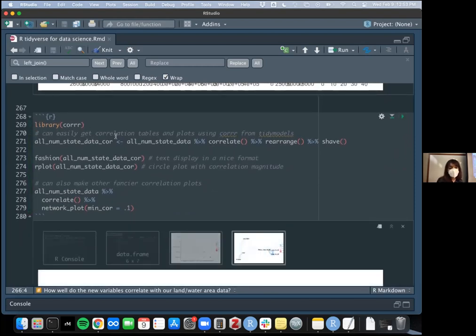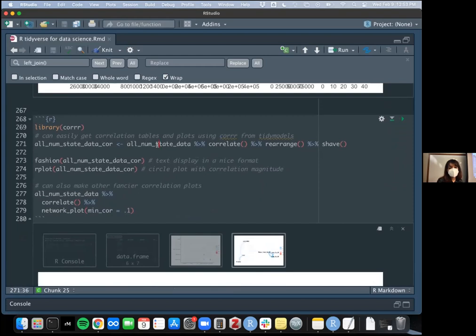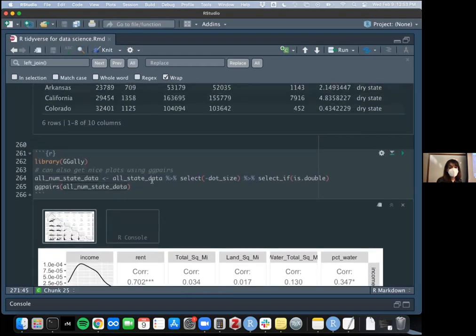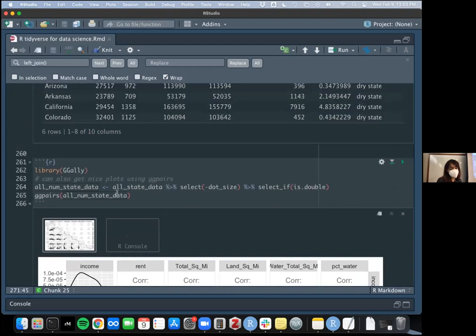So here, the first thing that I did was I grabbed all numerical state data, which is what I fed into GGpairs. And sorry, I didn't go over that. I think I rushed past it, but the first thing that I'm doing for all state data is taking out dot size. So that's a negative select. And then I'm only selecting if a column is double. So I'm only keeping the numerical